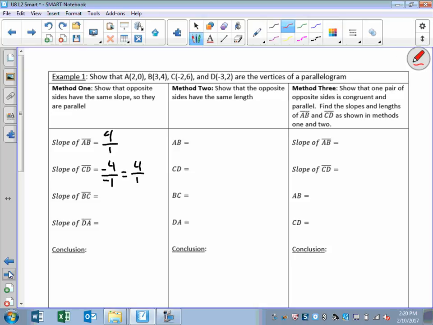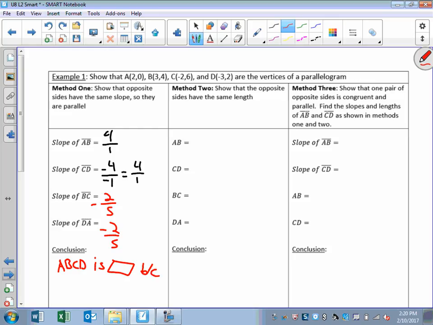Slope of BC is going to be 2 over negative 5. And slope of DA is going to be 2 over negative 5 as well. So you can conclude that the opposite sides are parallel because the slopes are the same. So we can say A, B, C, D, it is a parallelogram